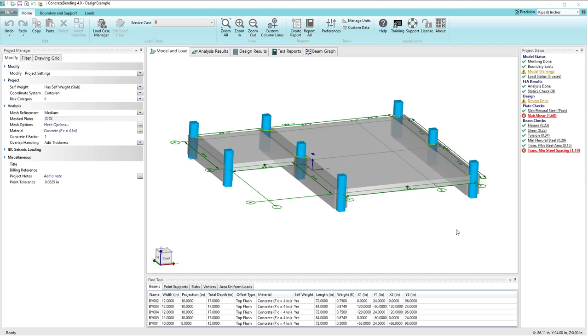Let's talk about the textual reporting available in all of IES products. In this example, we'll be looking at ConcreteBending, but what's shown here will apply to all other products. The first thing to talk about is the Find tool, which will appear on the lower center part of the